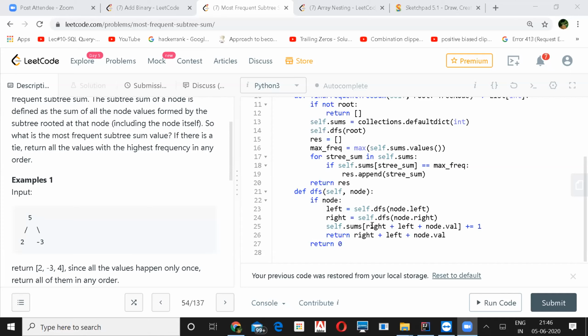But your if node then return 0, that will never return 0, right? If your node is null, I mean for leaf 2, its right and left are 0, so that will return. That is your base case. Yeah, you can consider it the base case, because 2's left is 0 and right is 0, so it will return 0 to 2. Then 0 plus node value 2 means the sum will be 2 at this level.